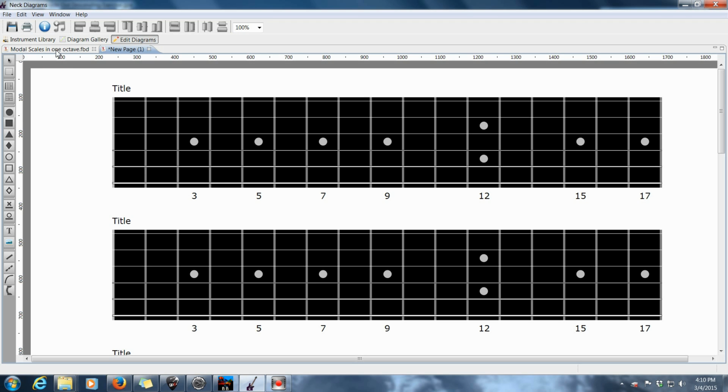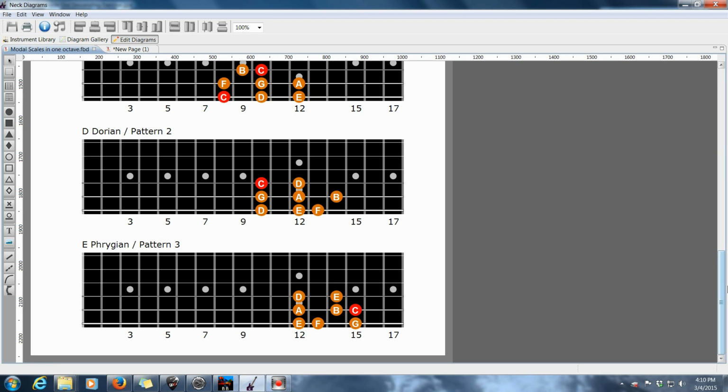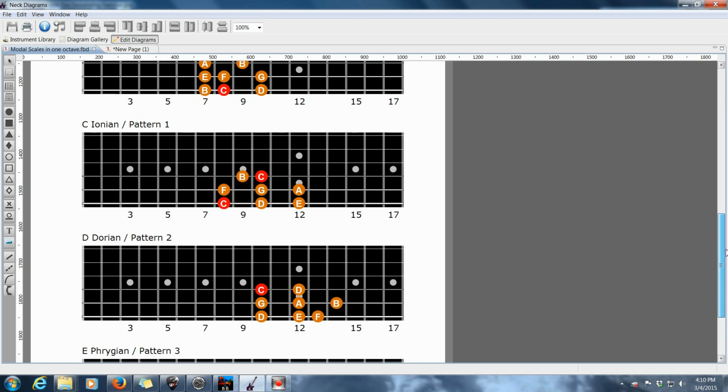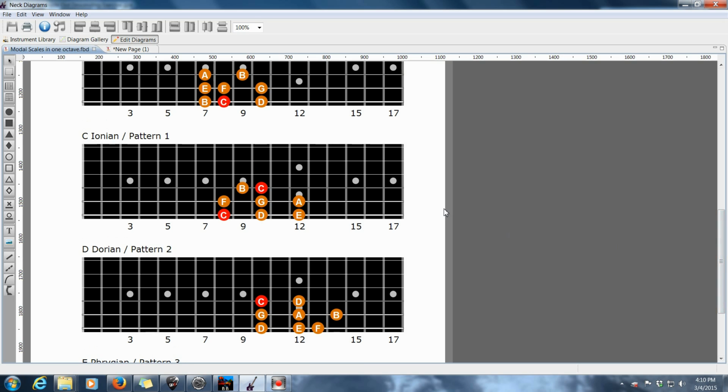So let me come over here to my scale patterns. So in this video, I'm going to be referring to these scale patterns as numbers, like pattern 1, pattern 2, and so forth. So let's just look at that real quick here. We're going to be doing all this in the key of C. So pattern 1 is what you might call C Ionian. All right, and the reason why I call it pattern 1 is because